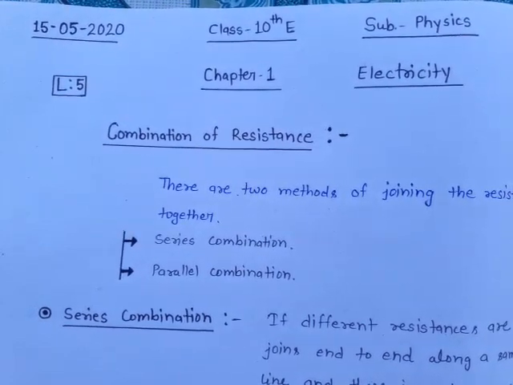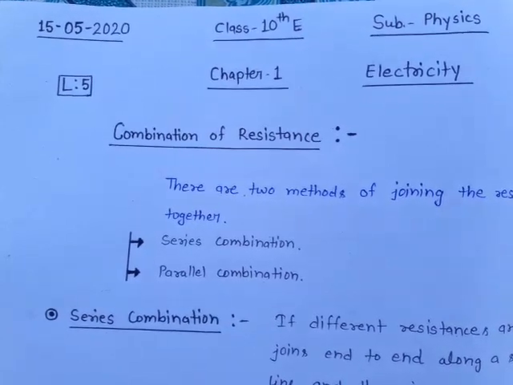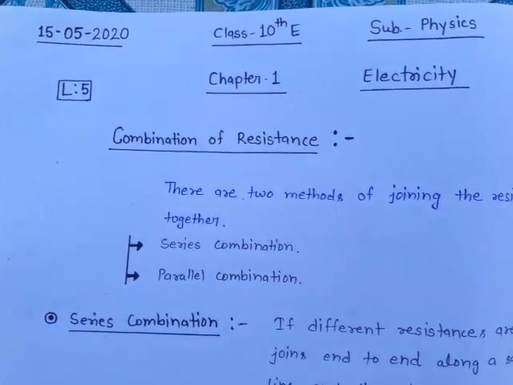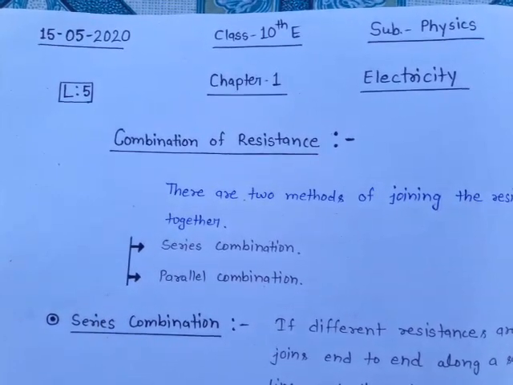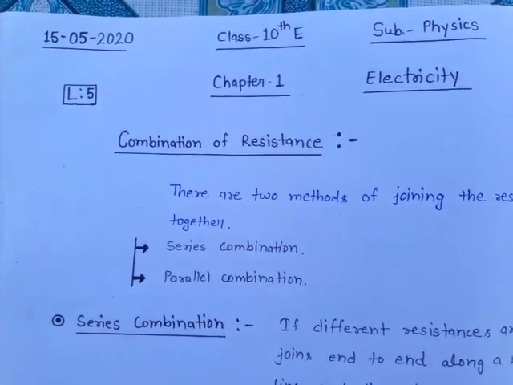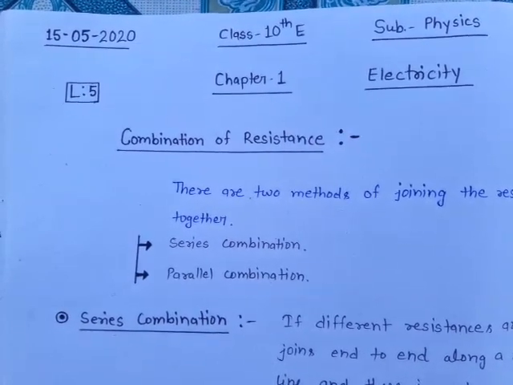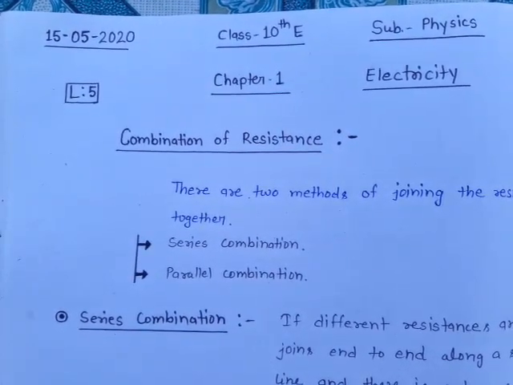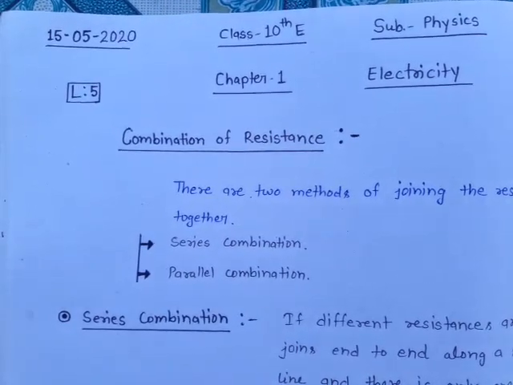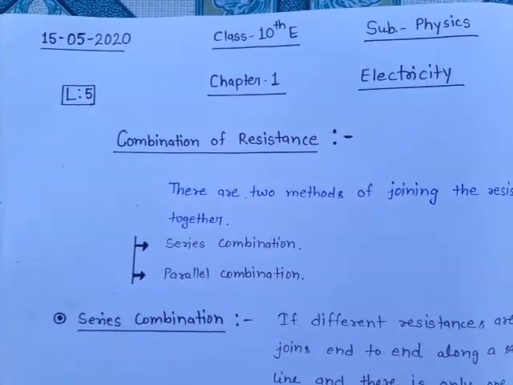Now start your first chapter, electricity, and this is your fifth lecture in this chapter. In the previous lecture we discussed the factors on which the resistance of a conductor depends, where we studied a formula, and we discussed a new term, resistivity, and some numerical problems related to that. In the preceding section, we also learned about some simple electric circuits. We have noticed how the current through a conductor depends upon its resistance and the potential difference across its ends.